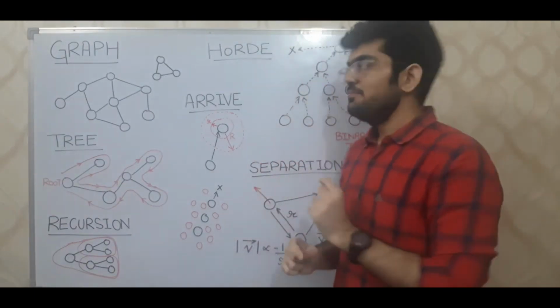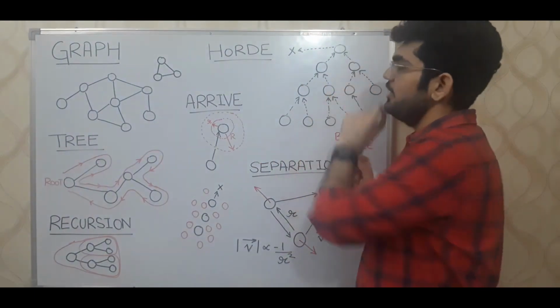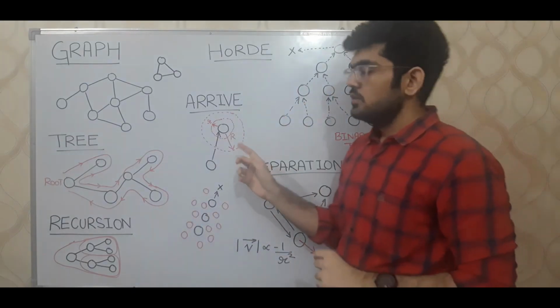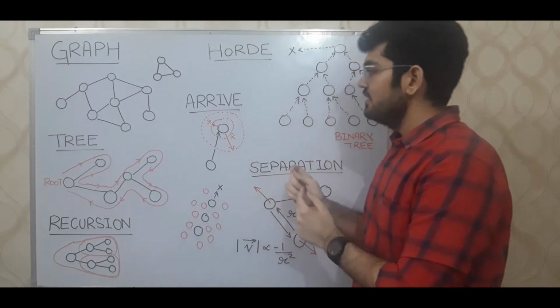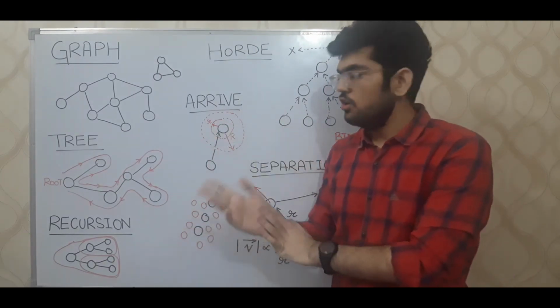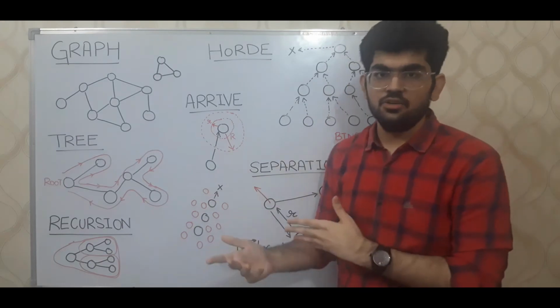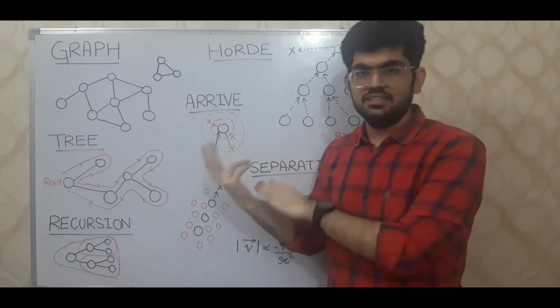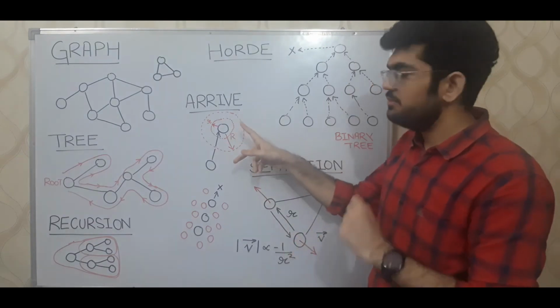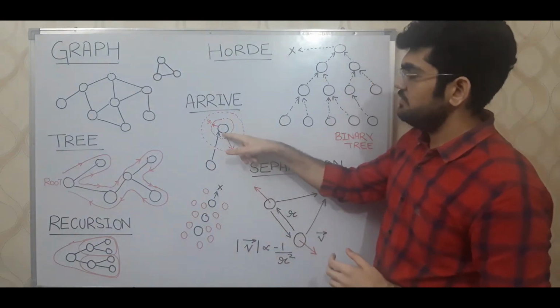Okay, so the algorithm that we are using to follow the different nodes is called an arrive steering behavior. So what is an arrive steering behavior? Now if we assume that this is our target node, the node that we want to follow, and this is our character node, the one the AI is controlling, what we do is calculate the direction vector between them, which is this vector over here.